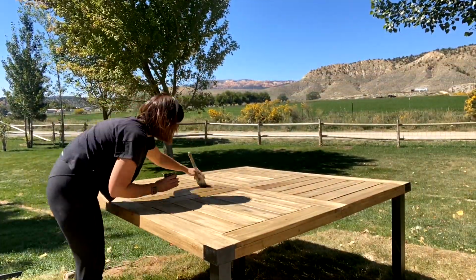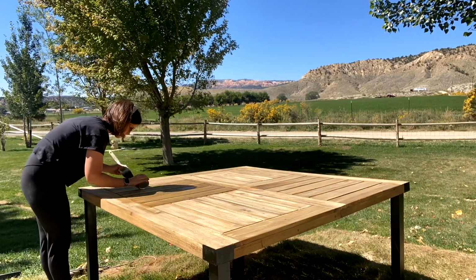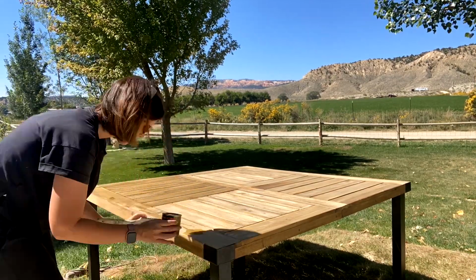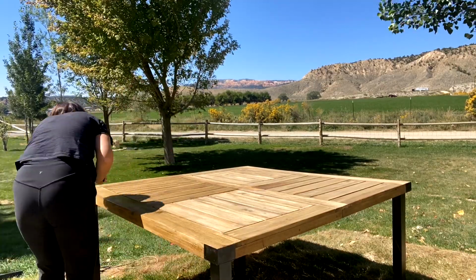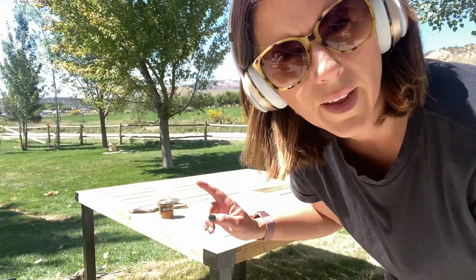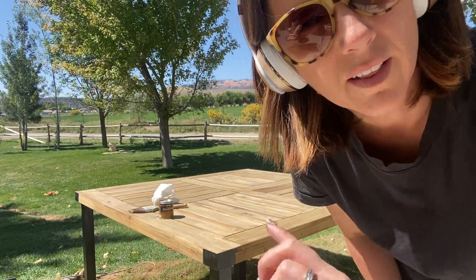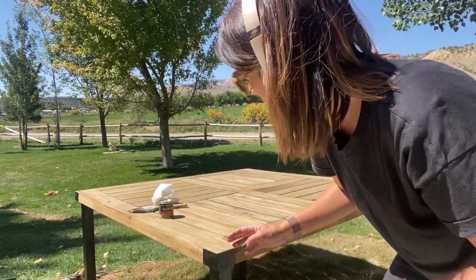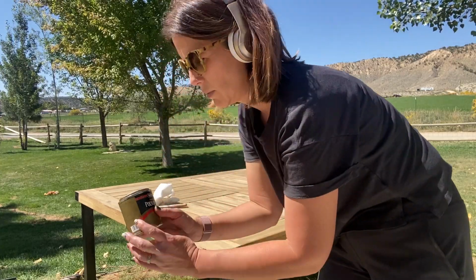I forgot to record this part, but I decided to use the stain instead of just sealing it. So here I am staining the table. Okay, now I have it all stained, and I'm going to add this Minwax